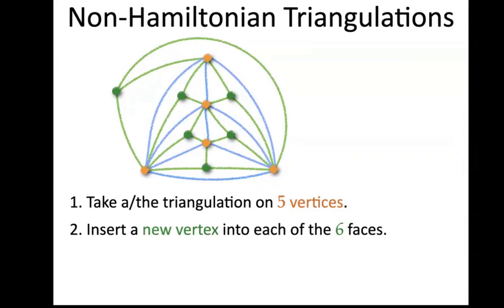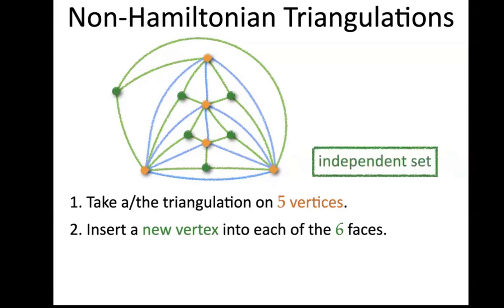Now this is a triangulation, a maximal planar graph on 11 vertices, and we can wonder, can it possibly be Hamiltonian? Well, if so, we need to have a cycle through all the vertices, right? However, these new vertices that we added in the second step, the green ones, they form an independent set. No 2 of them are adjacent. They are only adjacent to 3 orange vertices that were already there before. So in particular, if you look at how these green vertices are connected in any cycle, Hamiltonian cycle also, then